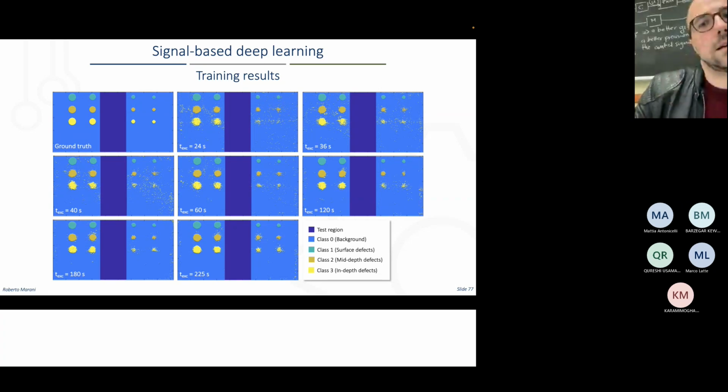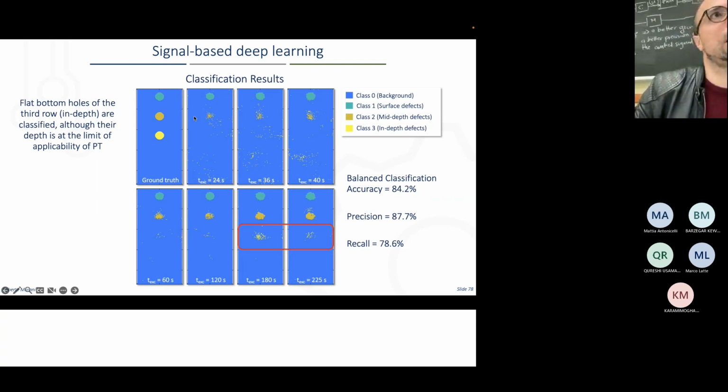Now move to the test and say, am I able to detect the test? Well, actually yes, but only with excitation time of 180 seconds or 225 seconds. Okay, because of course I need time to reach the 3rd line of the defect from the experiments, not from the test. With a good balance, classification accuracy 84%, better than the previous one, but the previous one made with the analysis of